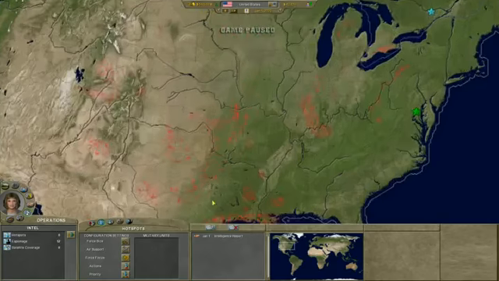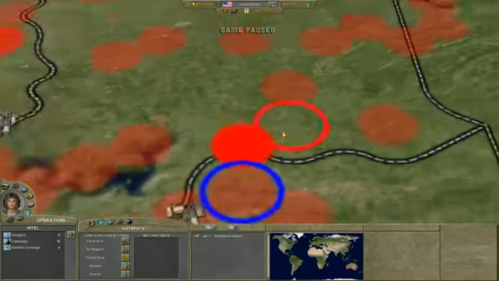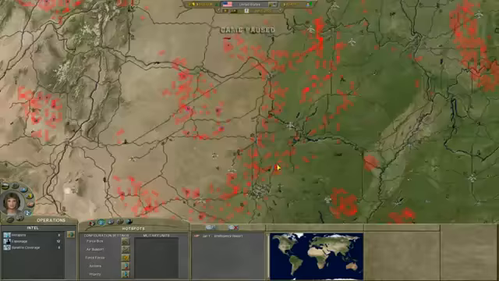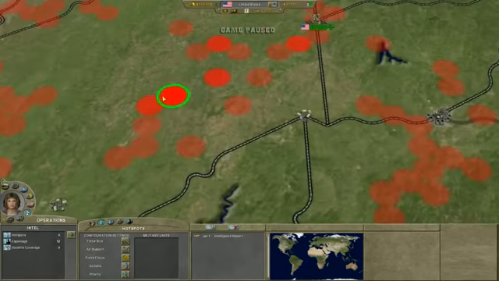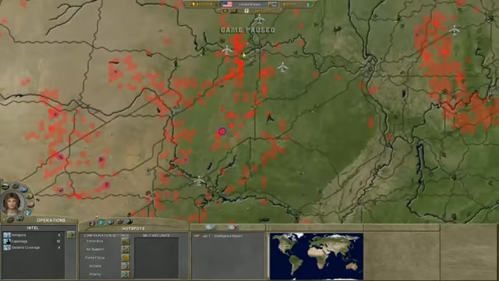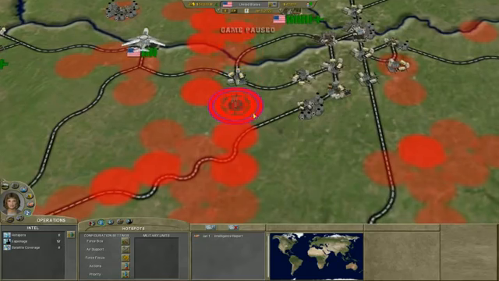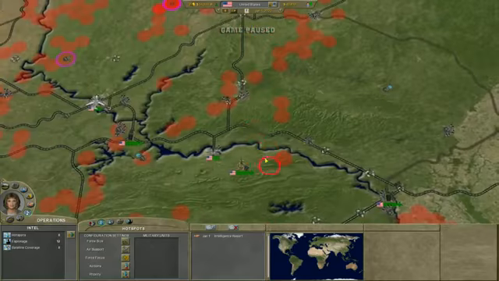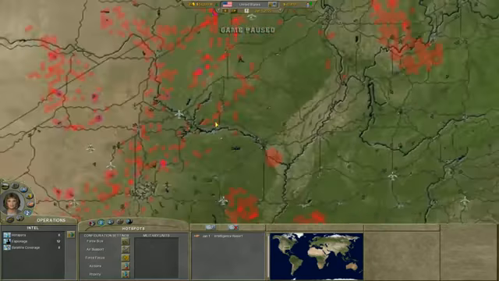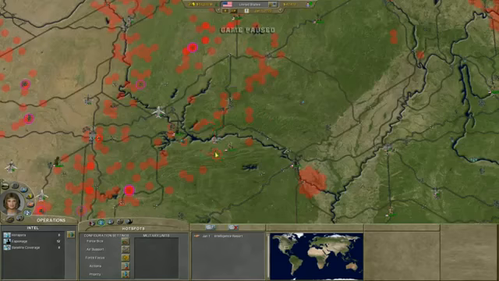I know Texas has a lot of petroleum, you can see, so I'm going to want to find the darkest colored areas, or the brightest colored areas, and that's where I'm going to want to build. And since I'm the US, I can build literally and fill in almost every single one of these if I wanted and not go into debt. No, I probably couldn't do that much, but